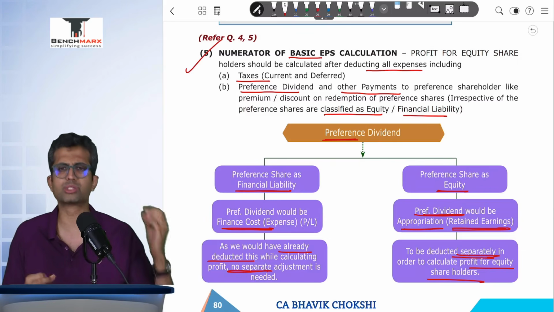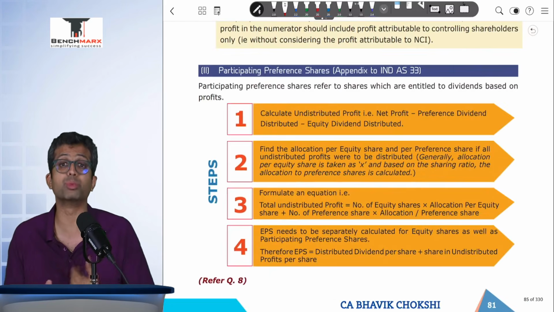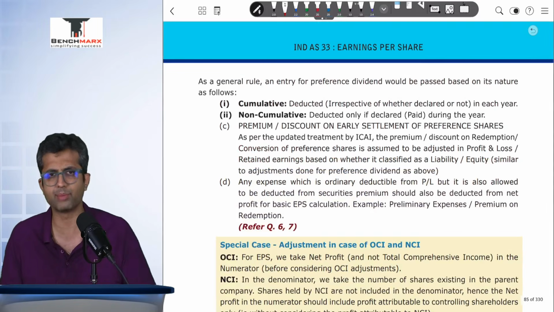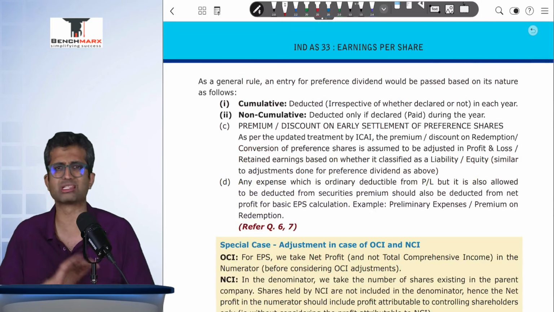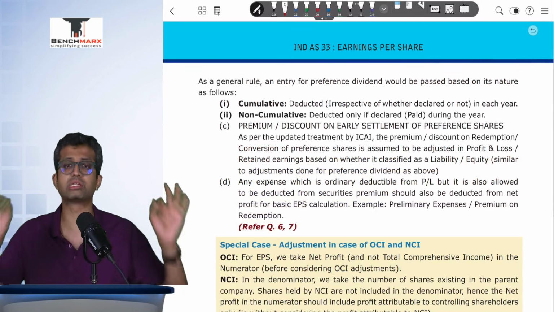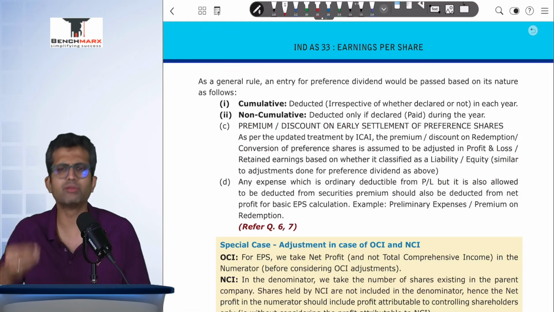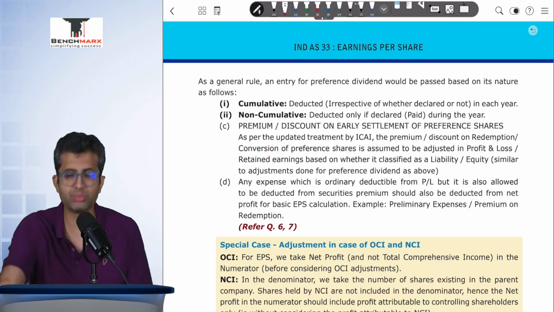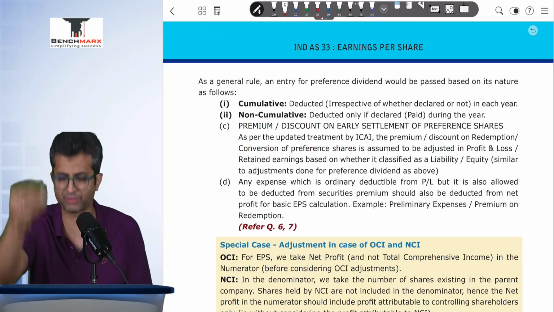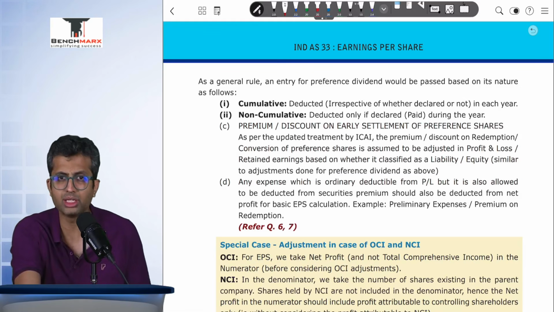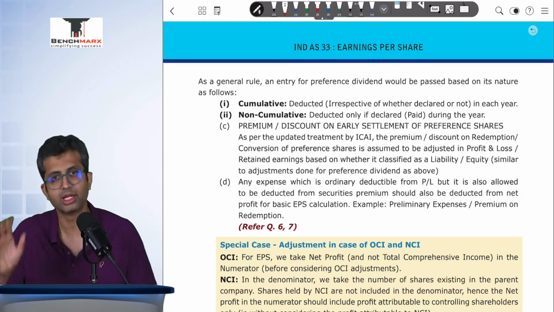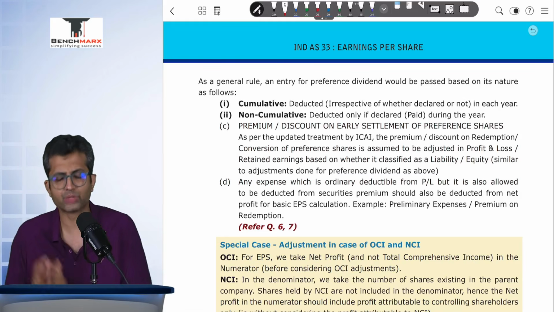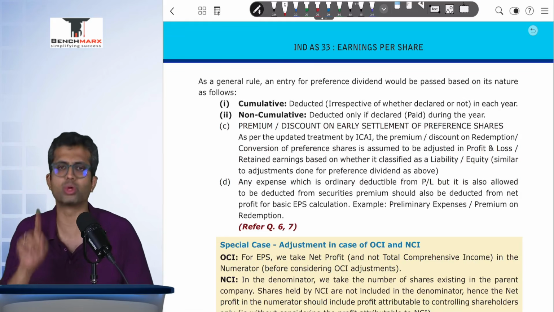Now, earlier the Institute solutions were slightly inconsistent when it came to premium or discount on redemption of preference shares. Since then, over the last 1 or 2 years, the Institute has rectified it, and it has made a consistent and correct treatment whereby even if there is a preference dividend or a premium or a discount on redemption of preference shares, if it is classified as liability, then you will take it along with finance cost. If it is classified as equity, then you will take it in retained earnings, and then while calculating basic EPS,